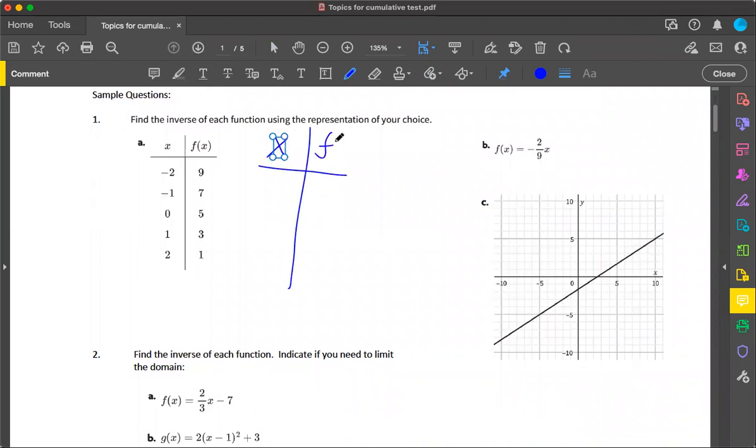If it's the table, that's light work. You already have the table that's here, so just switch X and Y respectively. So instead of -2, 9, we get 9, -2. Instead of -1, 5, 0. You get the idea. You see somewhere it's an equation, so I'll give you a game plan. You want to switch X and Y, and solve